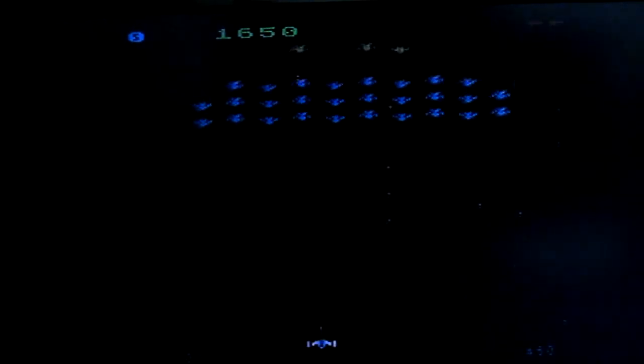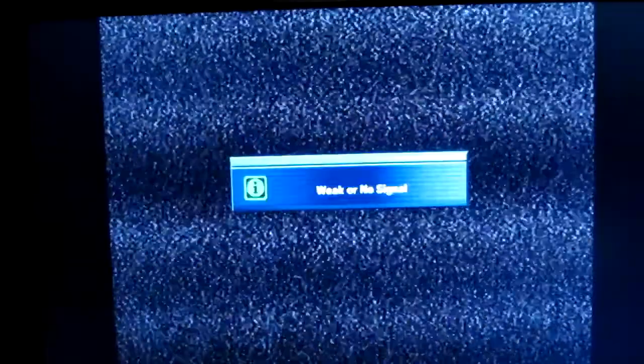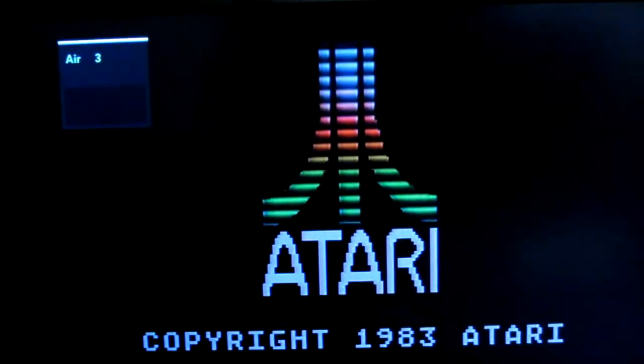Are you seeing this at all? Can you see it? Shots? I gotta look and see if they released Demon Attack on the 5200. Boom! Fudge. Alright, one more. And Pac-Man, which was pretty much released on everything back in the day. So was Berserk. Start. Shoot. Wow. I think that's even better than the...